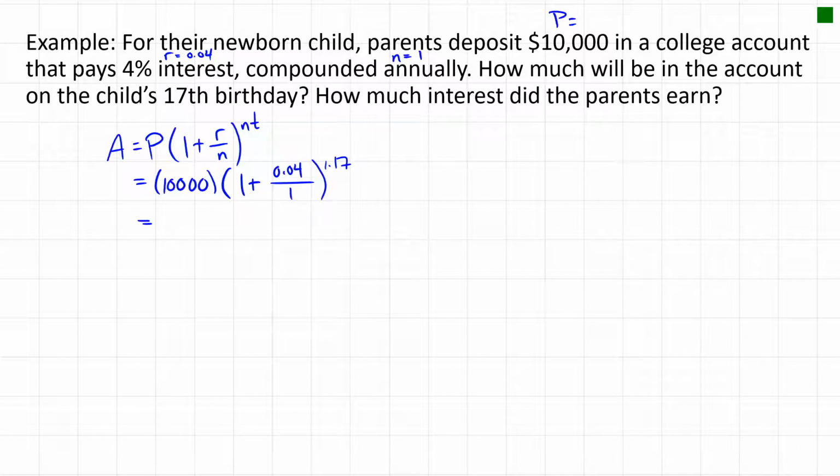The way I would do that, if you have a scientific calculator that you're comfortable with, you can just type that long expression in. Just be careful when you're typing in the exponent. You usually use this caret symbol, and in this case, you don't really have to type 1 times 17. You could just type 17. But I often try to put that exponent in brackets, so that if there is a multiplication in there, it all gets